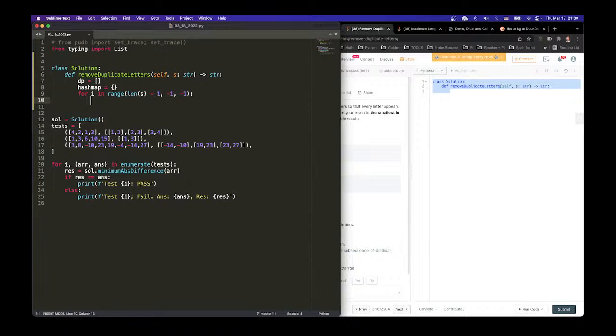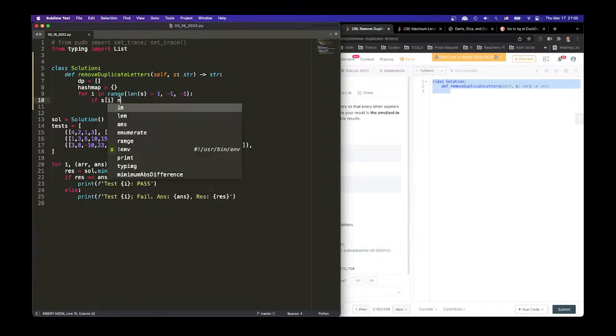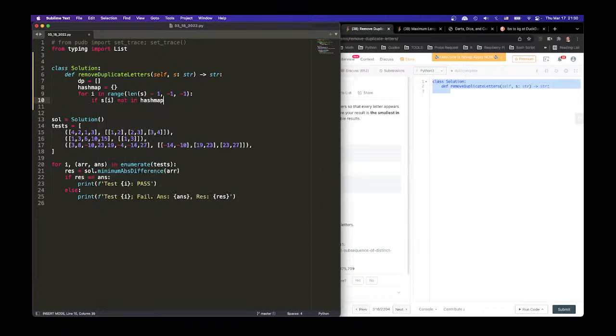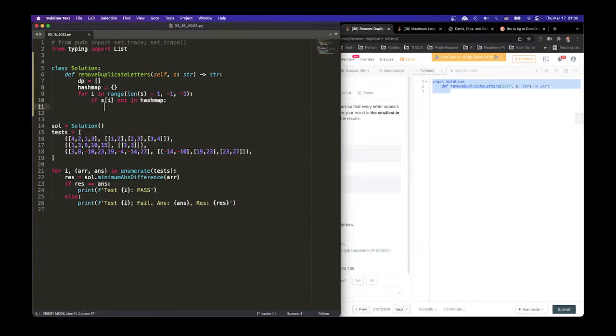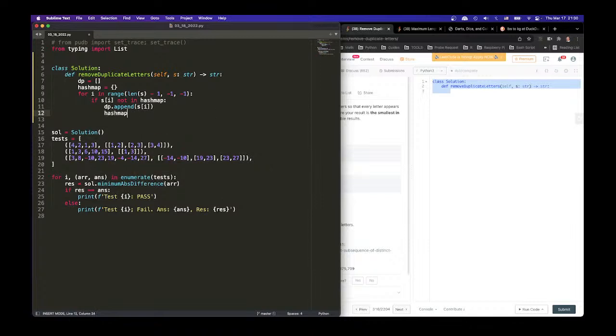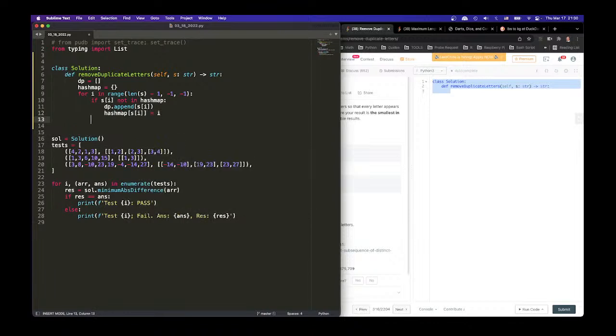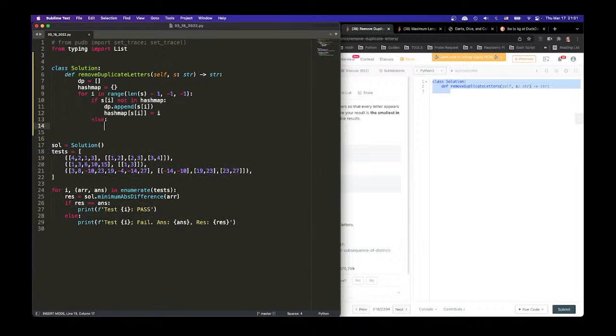And we say if s[i] is not in the hash map, it's unique, then dp.append(s[i]) and hashmap[s[i]] = i. Okay? Else, if s[i] is in the hash map,